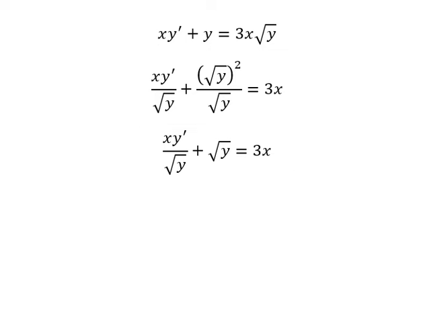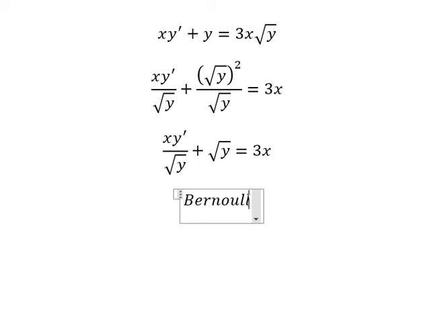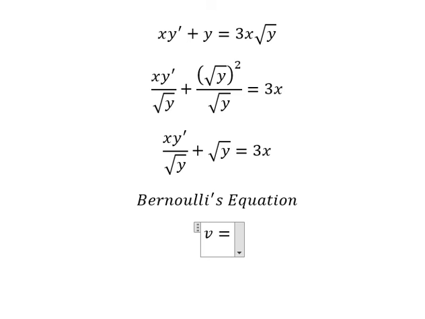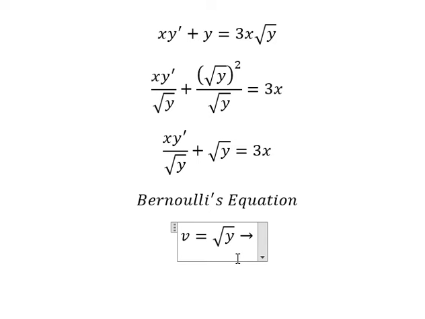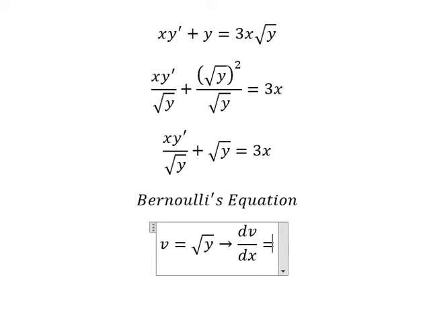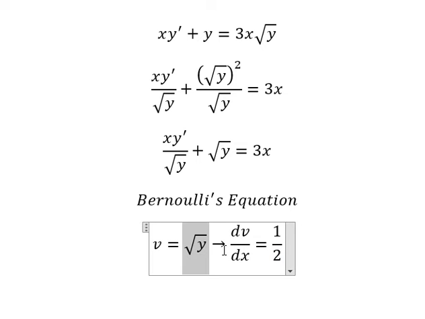Next, that is about the Bernoulli equation. So I will put v equals to the square root of y. If we take the first derivative of both sides, you get dv over ds equals 1 over 2 with the square root of y